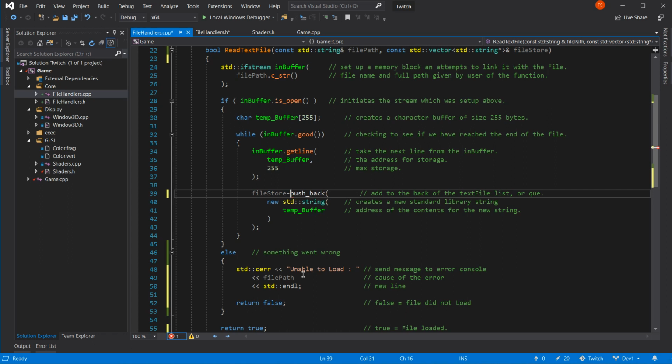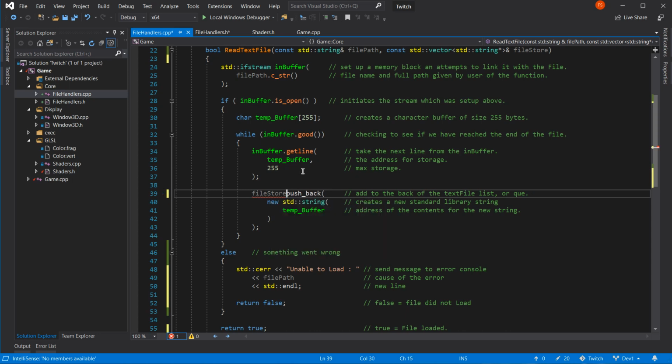Delete arrow. Expression must have a pointer type.